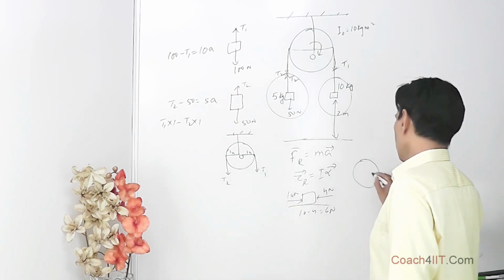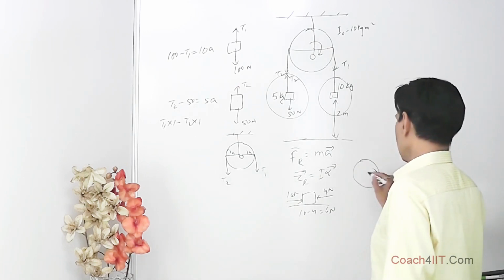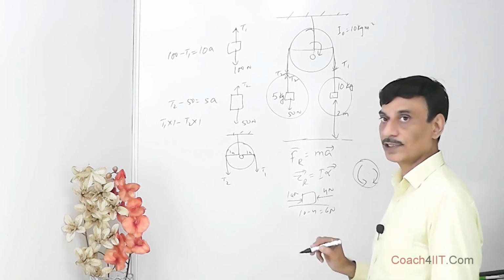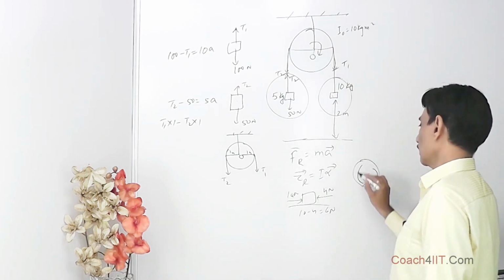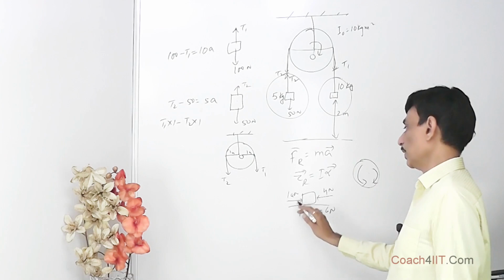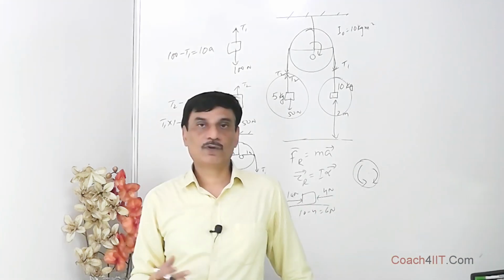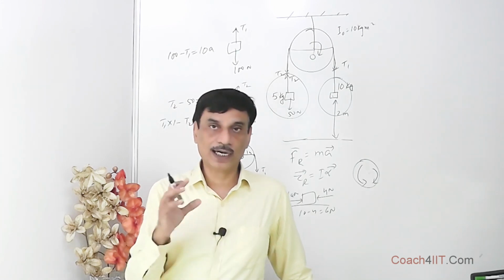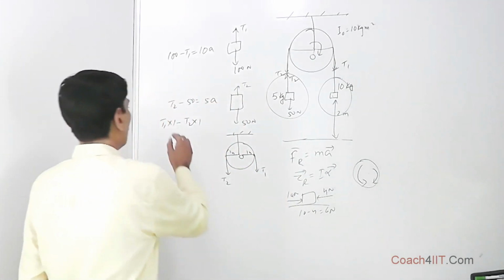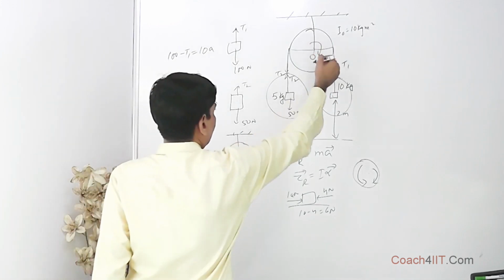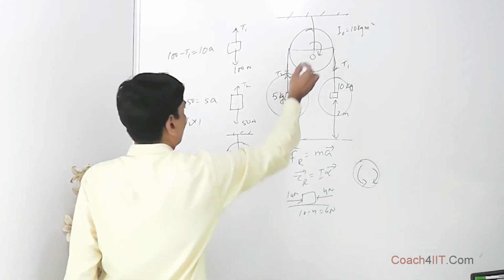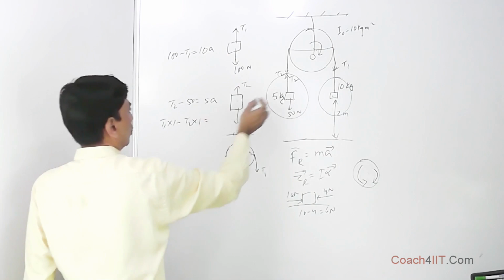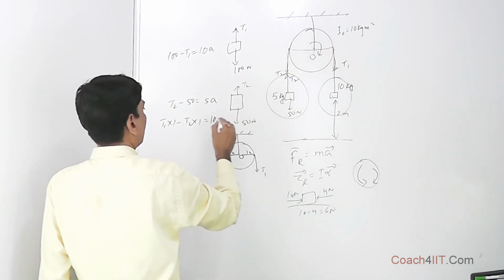Similarly, onto this body, if there is some torque which is acting in this direction and some torque is acting in this direction, that is, one is clockwise torque, the other is anti-clockwise torque. As over here we have subtracted the forces from the bigger movements, we'll subtract the smaller movements and we'll put it is equal to I alpha. So T1 into 1 minus T2 into 1, because this is rotating this way, so that's why T1 into R is bigger than T2 into R, is equal to I about O, that is given as 10 kilogram meter square,